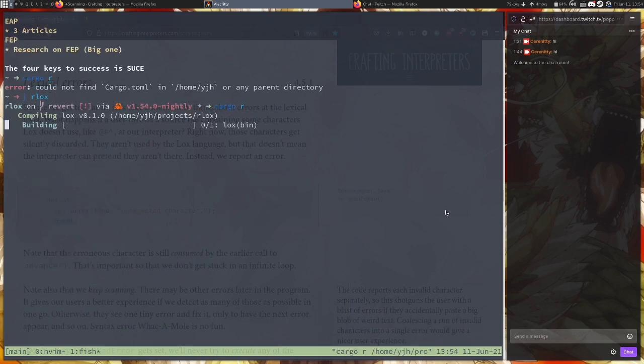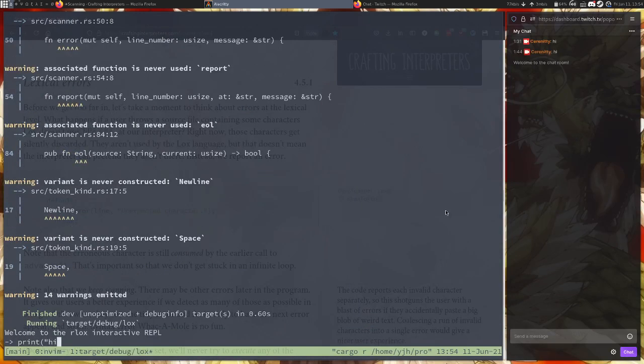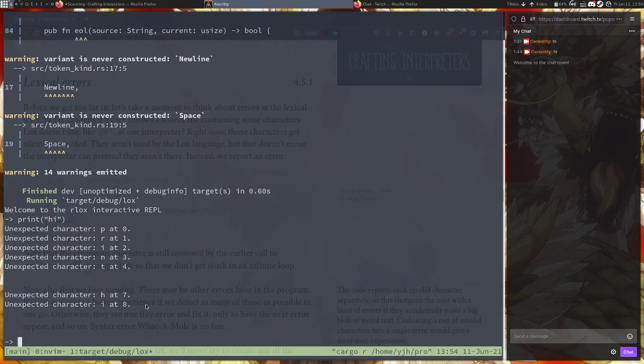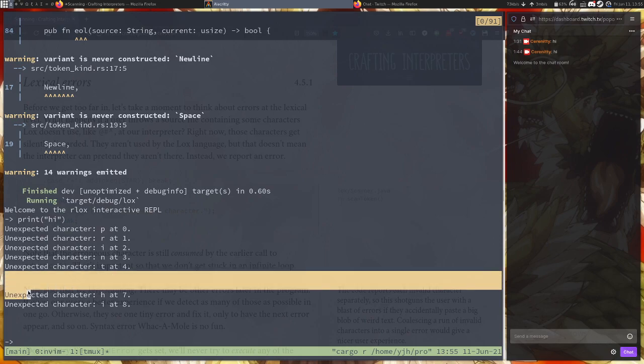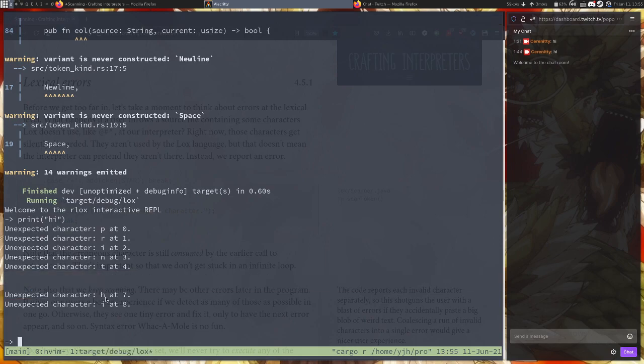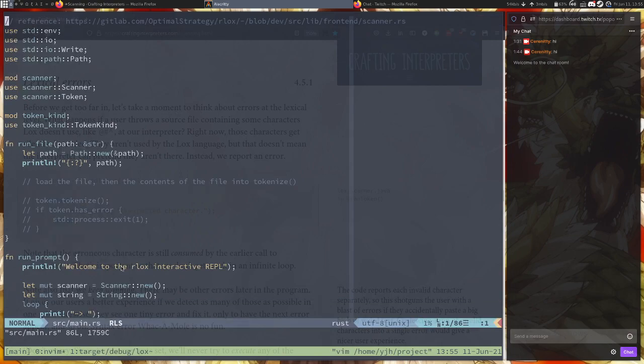Alright, so this is what I have right now. It prints out unexpected characters like this. P is an unexpected character. R, I, and T. The braces and the quotes are expected characters. So there are blanks here, and I have no idea why that's a thing. And the "hi" is unexpected because right now the only thing that is